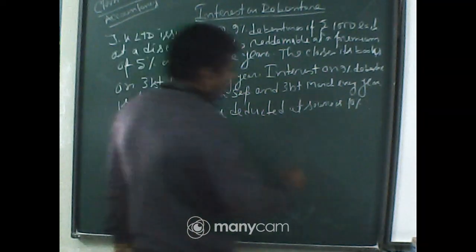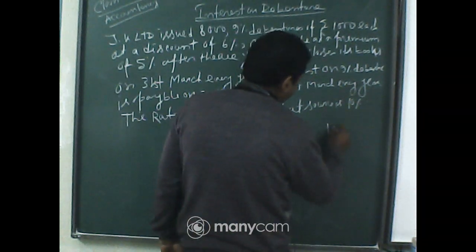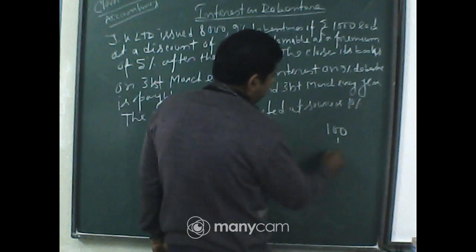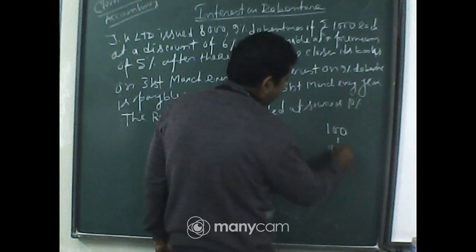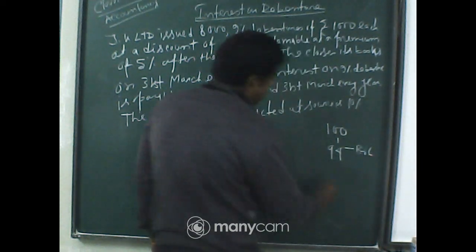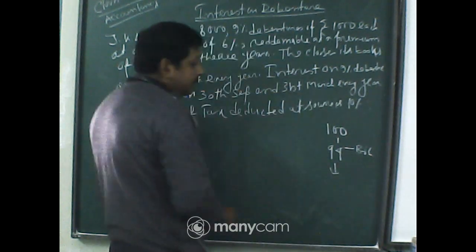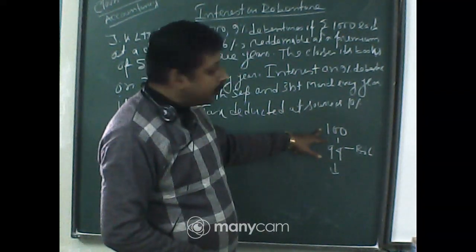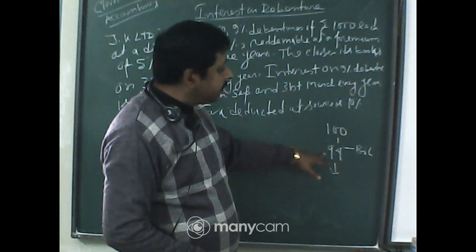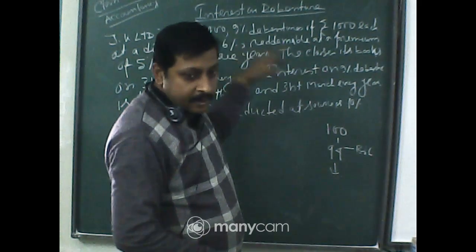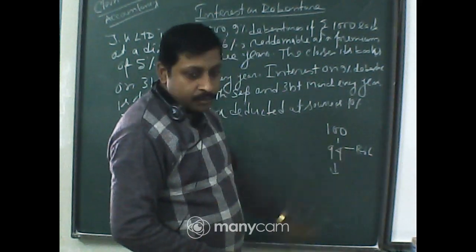Suppose the one goods value is rupees 100. Now you are selling these goods at a price of 94. So you are making a loss of 6 rupees here. 100 is the cost of the goods, but you are selling at 94 rupees, so there is a 6 rupees loss. So that is at a discount you are finding there is a 6 rupees loss.